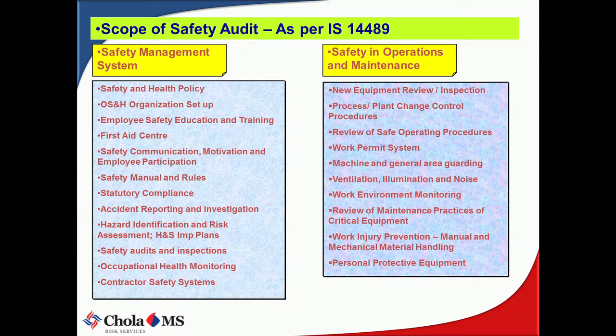In terms of safety and operations, we have to see whether you have a work permit system. If you're doing a non-routine job, whether you are going through a work permit system. If you're doing any changes in your system, is there a management of change control procedure? If that change has happened, has it been updated in the P&ID? If that has been updated, has the SOP been updated? If that SOP is updated, has that been put into your safety and operational manual? So it's a cyclic process. It has to be updated. You have to go through a procedure and approval for that.